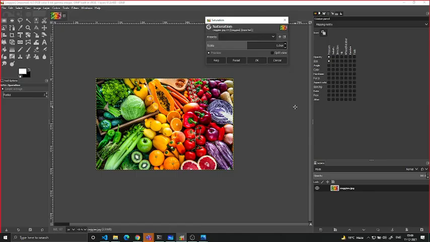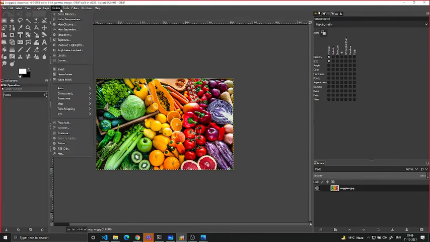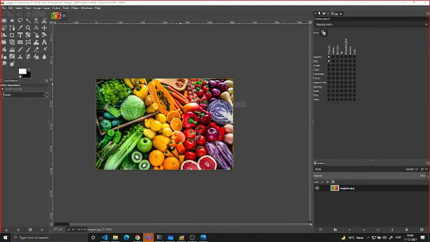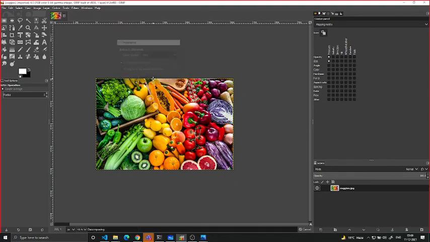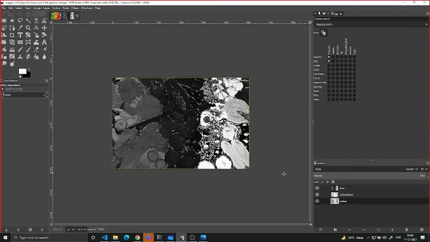Okay. Just before moving on, I think it's worth looking at how GIMP handles hue saturation value. I highly recommend that you download this program and play around with it, because you can get a lot of intuition into image processing using this program. So again, I'm going into colors, components, and decompose. And this time, instead of selecting RGB, I will select HSV and click on OK. And you can see